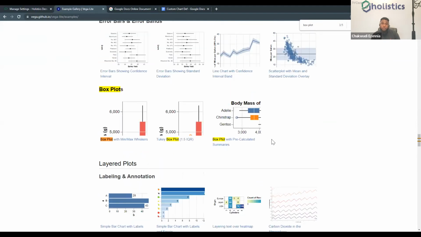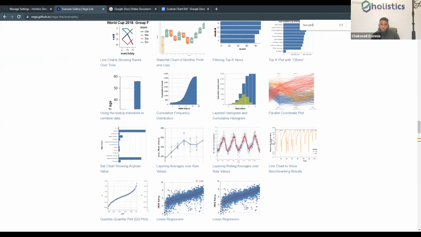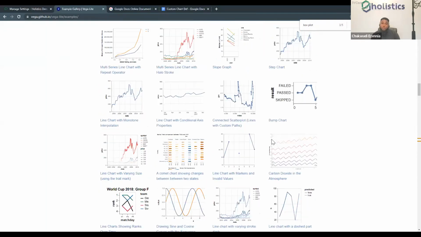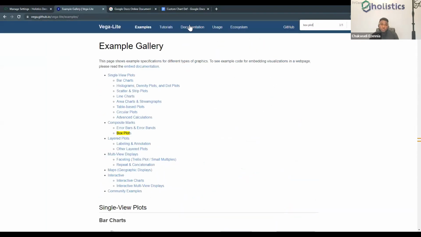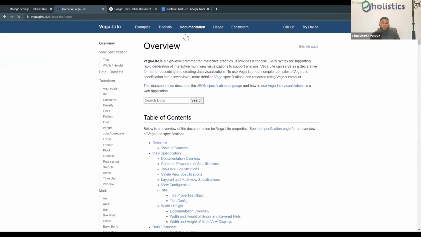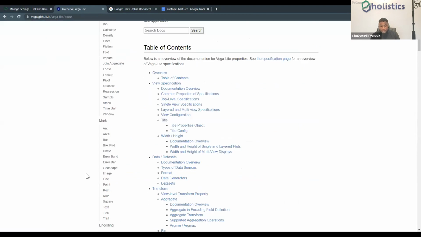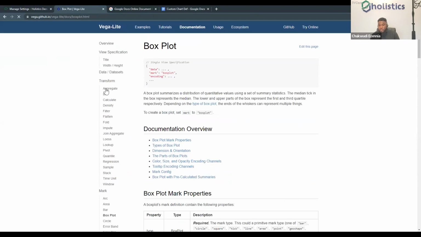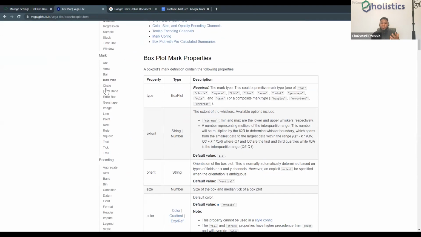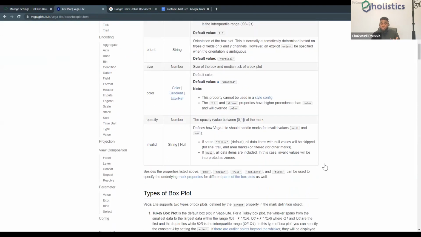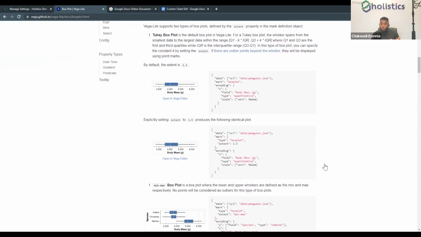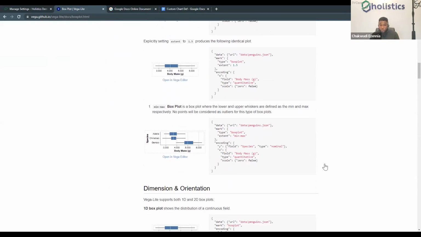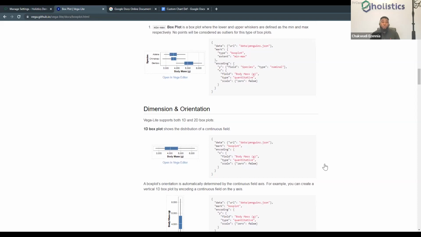Right. And if we go to see, there are various options for box plots here. And if we go quickly to the documentation, we see under the mark types here, we have box plots. And under this aspect, you see that VegaLite is taking time to explain to us the different options we could use to format and play around with, in quotes, to sort of control how we want our styling to appear.